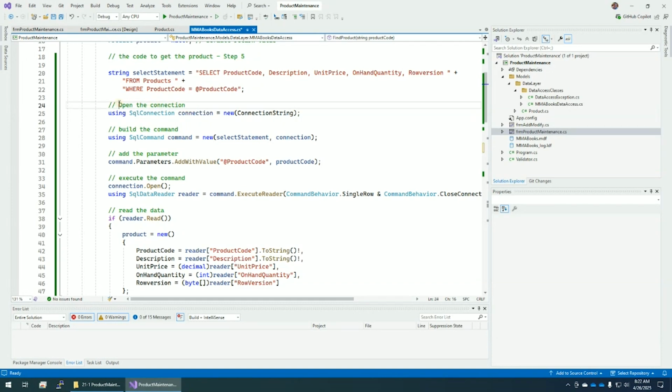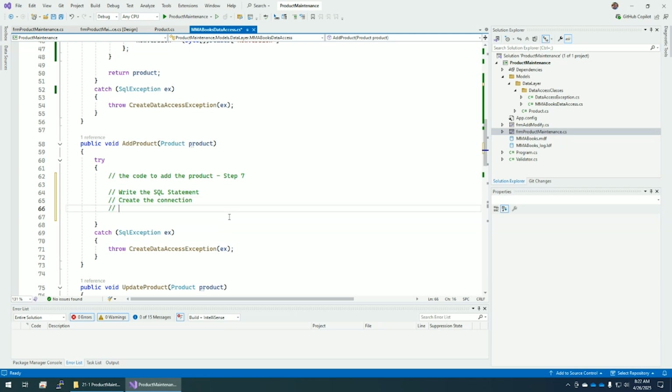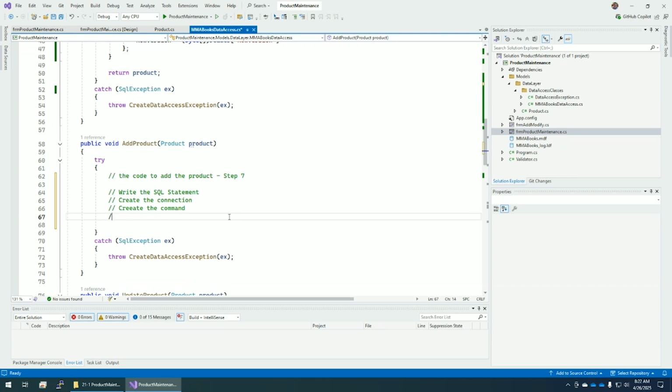What did I say before? Before here I said open the connection. This is more like create the connection because we're opening the connection down here. All right, so create the SQL statement. Write the SQL statement, create the connection, create the command, add parameters,